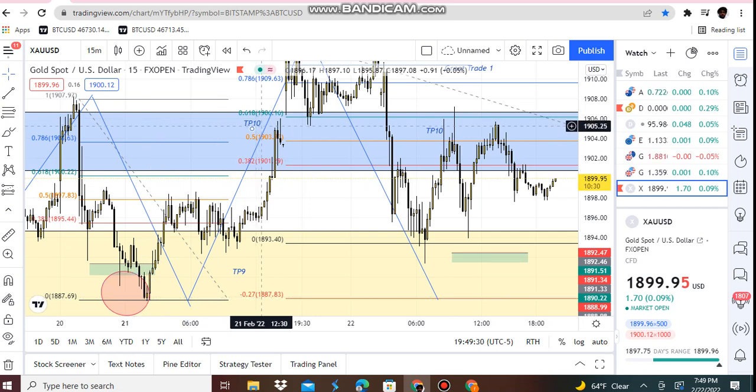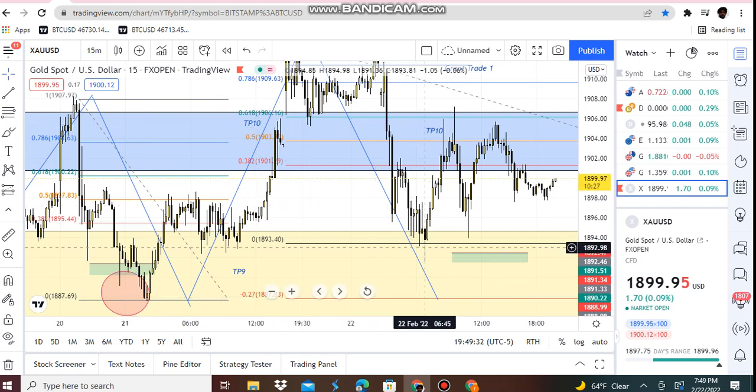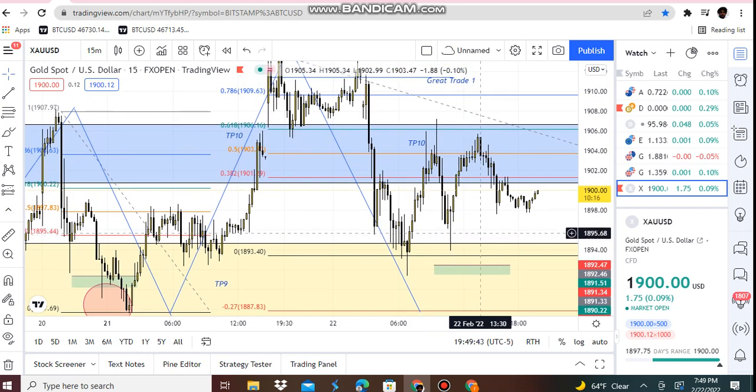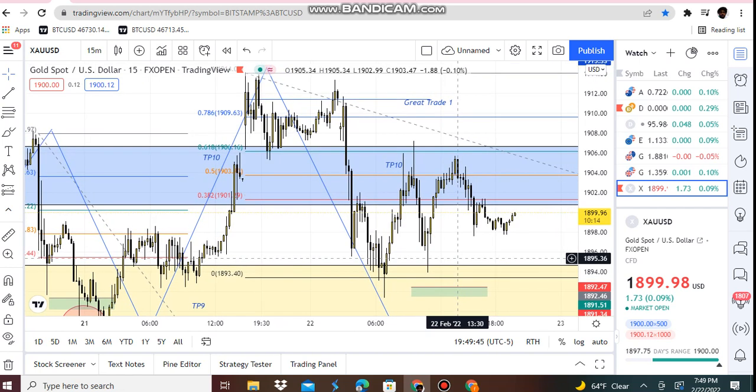Went to zero and then headed back up to 10. Went to zero February 22, 2022, at 1893. It went a little bit lower, creating this hammer pattern, and then pushed back up to take profit 10 at 1907. Boom, we were already out of the trade by then. So price went to take profit 10 at 1907, and then you see right here